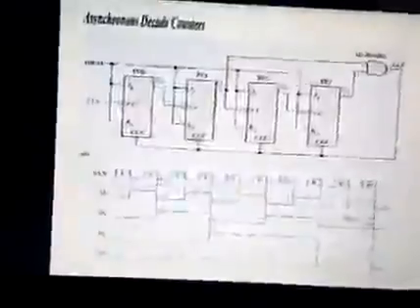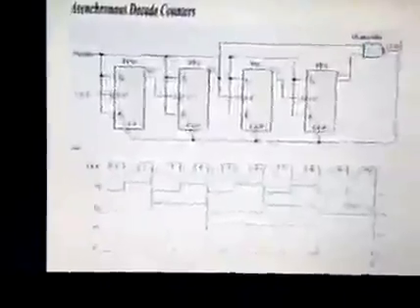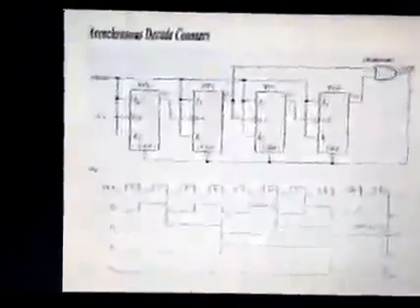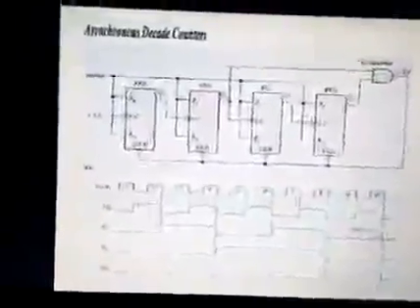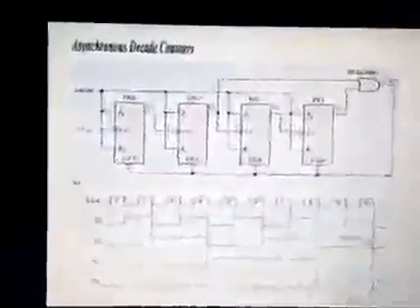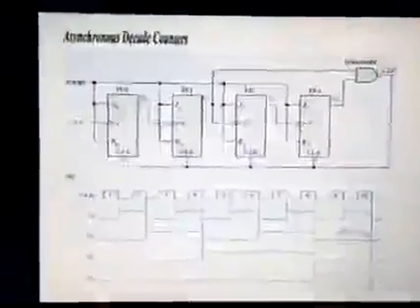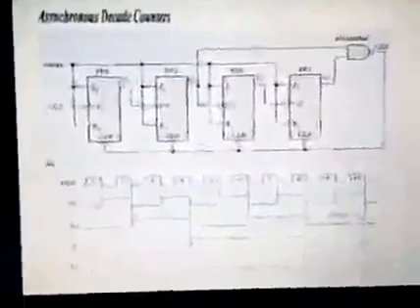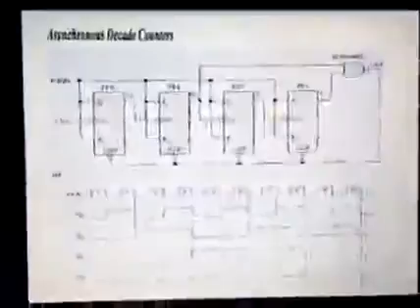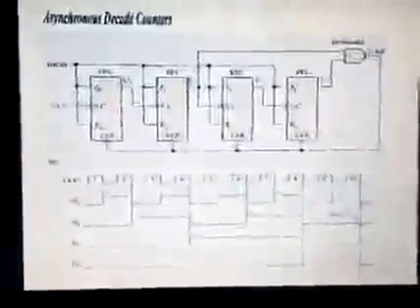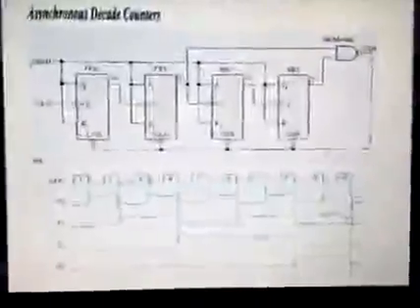Reset operation means all flip-flops start initially, meaning all flip-flop outputs are 0000. After the count of 10, all the flip-flops are 0000. So it only performs the 0 to 9 operation. After the count of 9, all flip-flops are reset with the help of this gate, which is connected to the outputs of flip-flop 4 and flip-flop 2. So it totally counts 10. It is called the ripple decade up counter.